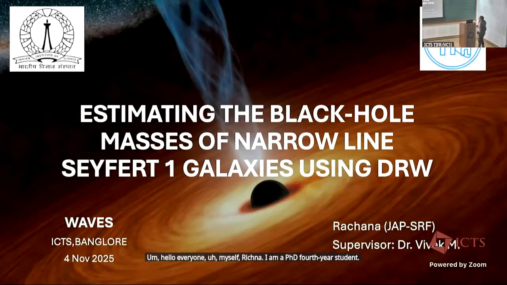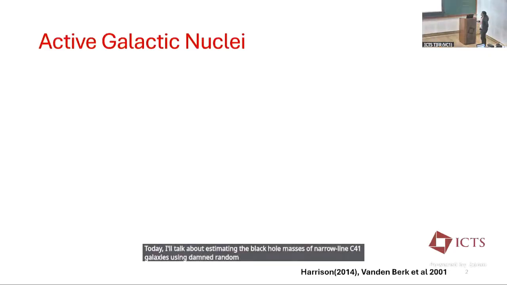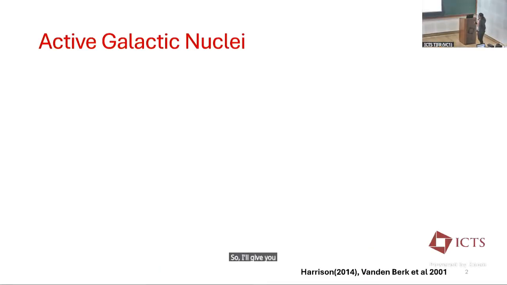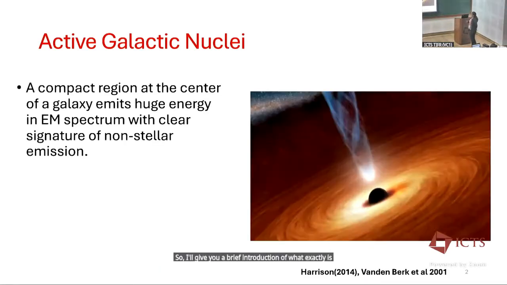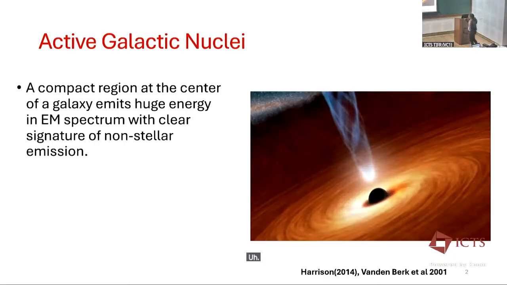Today I'll talk about estimating the black hole masses of narrow line Seyfert galaxies using the damped random walk model. So I'll give you a brief introduction of what exactly AGNs are. AGN, or active galactic nuclei, is basically a compact region at the center of a galaxy, and which